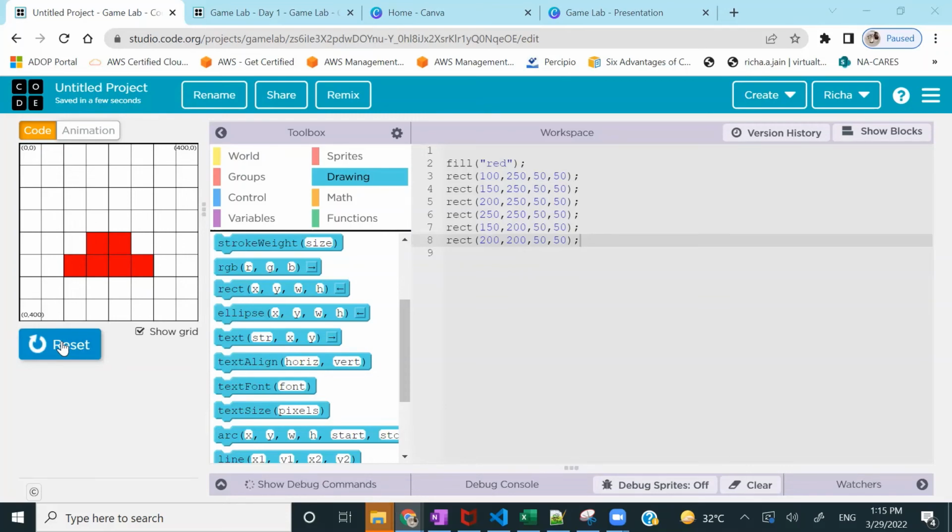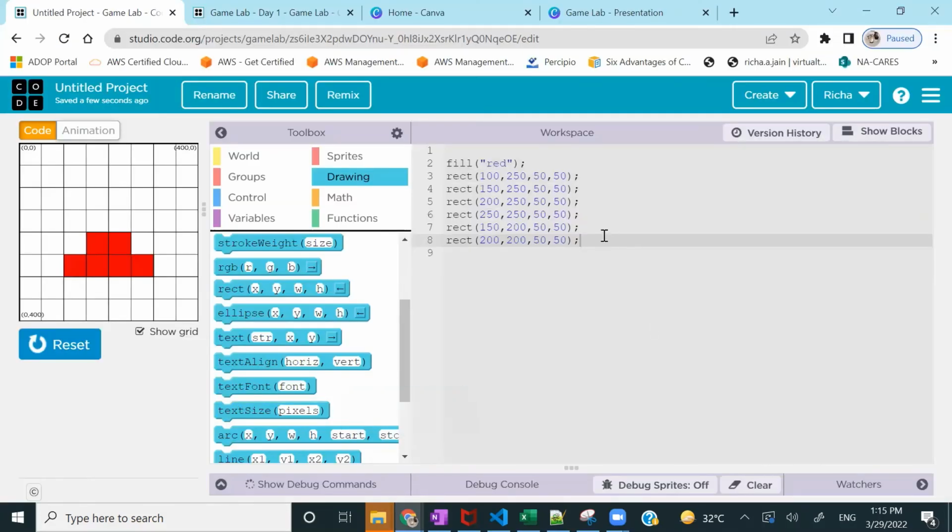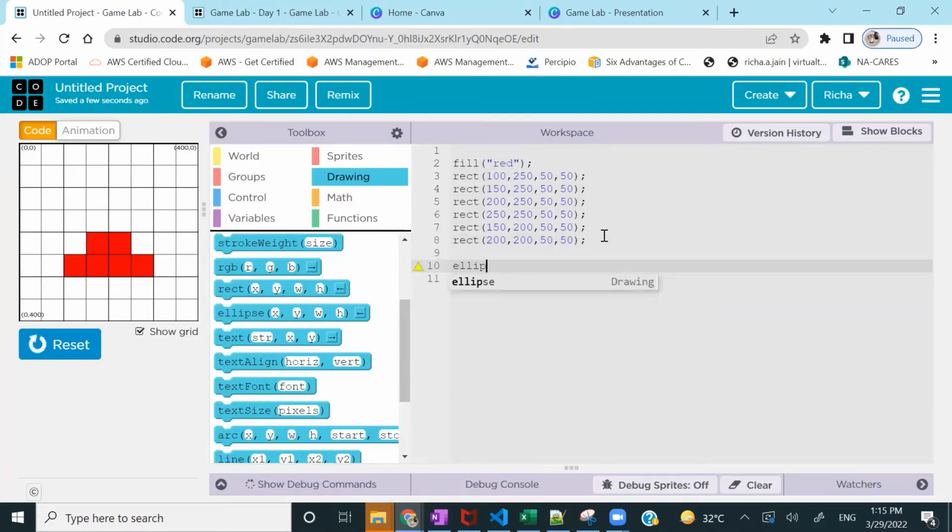What next? Next, we want these wheels to appear. So for creating the wheels, we will use ellipse. Now, as I mentioned, for ellipse, the coordinates which we are mentioning here are the center of my ellipse.